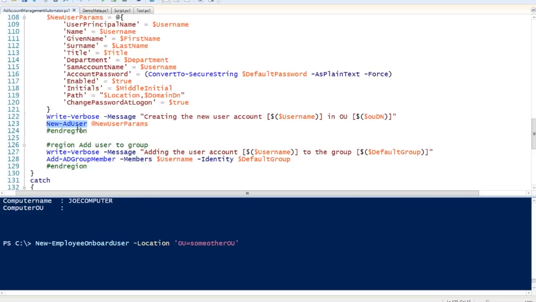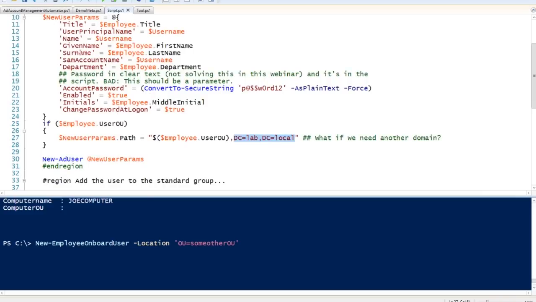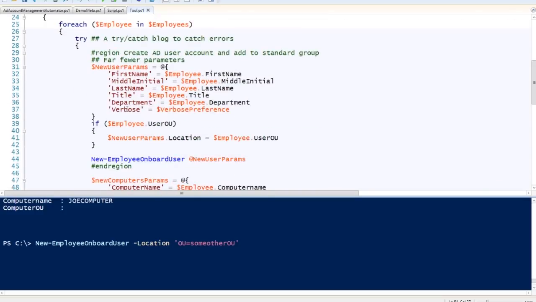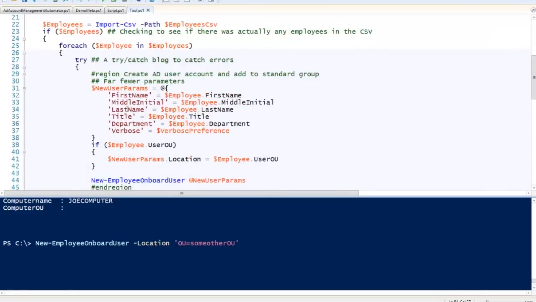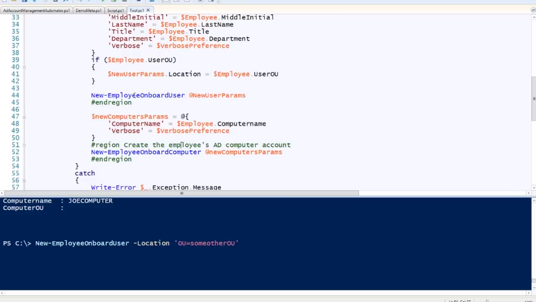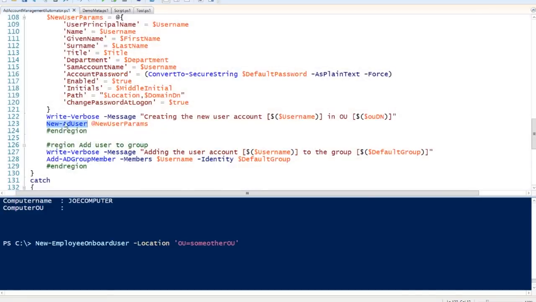You saw in the script that I just hit my params and then immediately ran new AD user. You saw all these checks and balances, all this stuff I did beforehand, just to make sure that I can actually run new AD user properly. Again, it takes some time, but you would not believe how much more robust and efficient